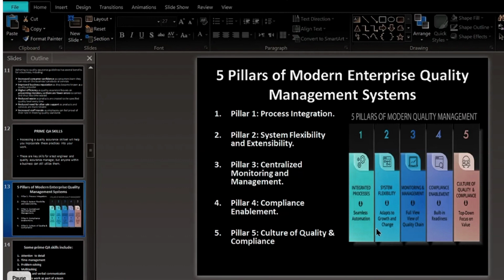Number 3rd pillar is देखिए number 2 में जहाँ भी हम system flexibility की बात कर रहे हैं, okay, kindly elaborate the process of integration. Integration का process जो है, that is seamless automation. आपने सुना होगा ब्लूम्स टैक्सोनॉमी के बारे में, because that is one of those taxonomies जिसको हम हर जगह पे सुन चुके हैं अब तक। Process integration is actually a stage,